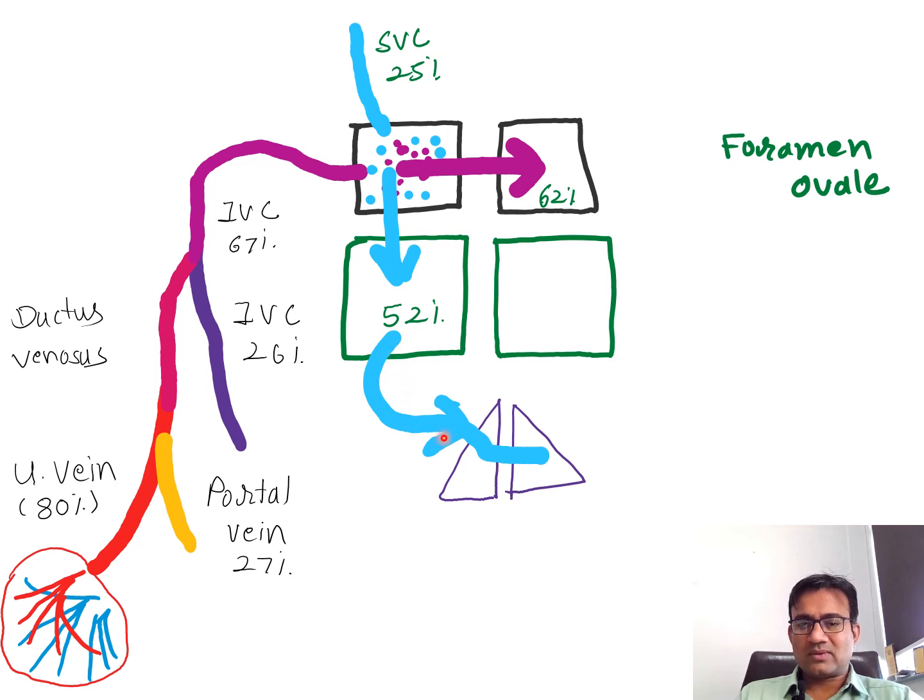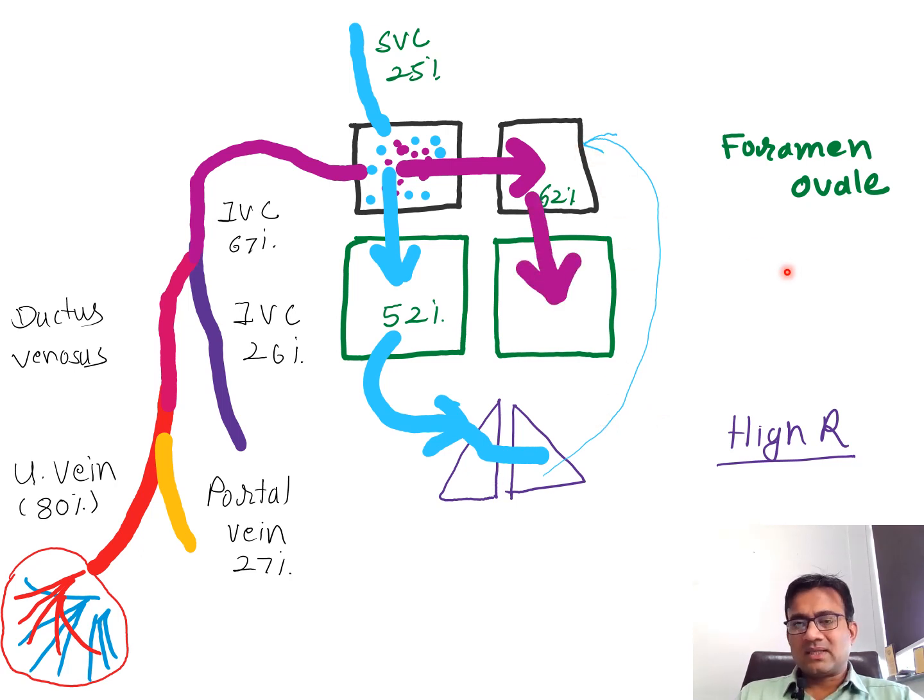So a huge amount of blood is going to the lung, but the problem here is what? There is high resistance. Resistance is very high. As a result of that, what will happen? So much blood is coming, but very little blood is going to reach the left atrium through the pulmonary vein. So much blood is coming, but because of high resistance, only a very small amount reaches the left atrium. Now we will come back to this.